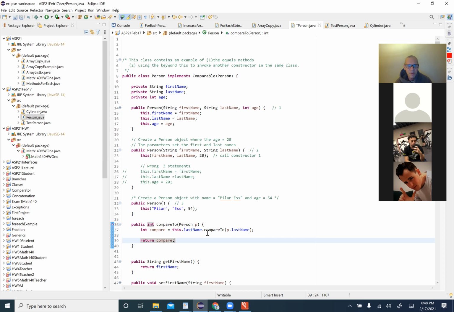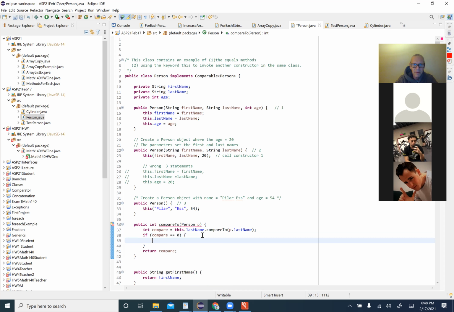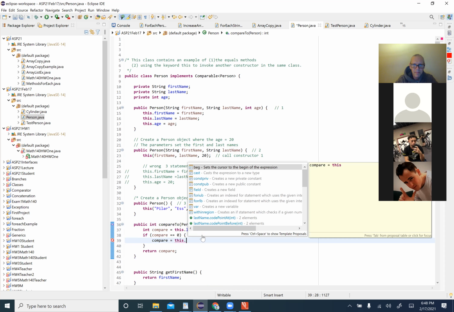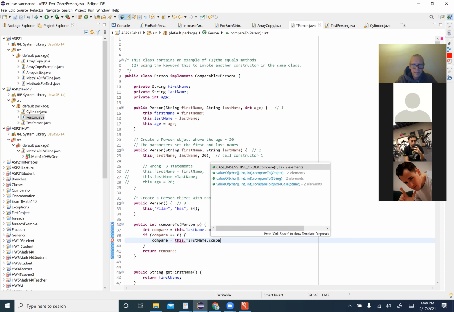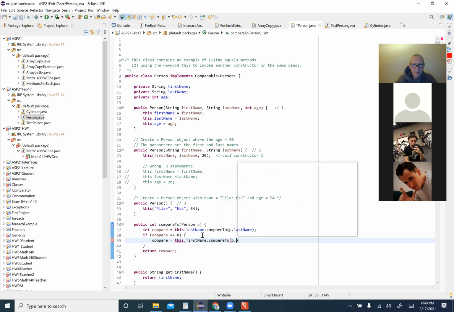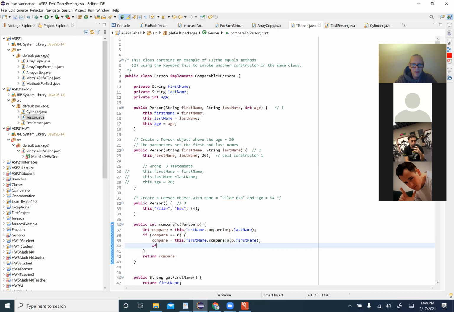Okay, so let's say compare is 0. If compare is 0, that means the last names would be the same. Now let's look at the first names. P dot first name. Okay. Now let's say the first names are the same. So if compare is still 0 after checking the last name and the first name, now